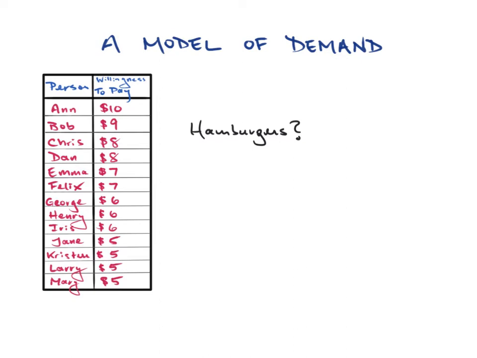I mean, Anne is probably hungry and she loves hamburgers. They're her favorite food. And she would be willing to pay $10 for a hamburger. Okay. And so forth. Bob, pretty darn hungry, likes hamburgers, willing to pay $9. Okay, so I'm sort of setting up this story as an example of where the